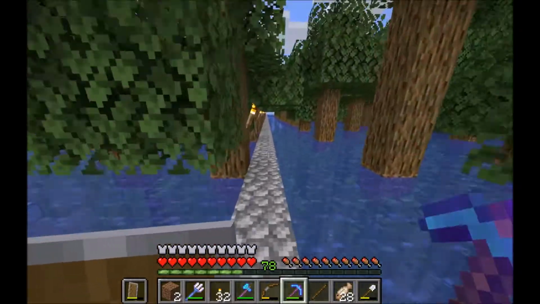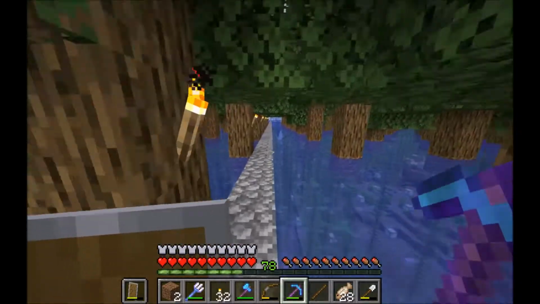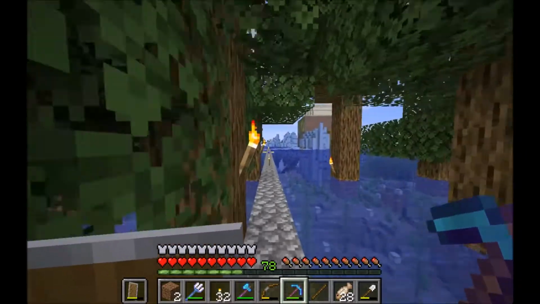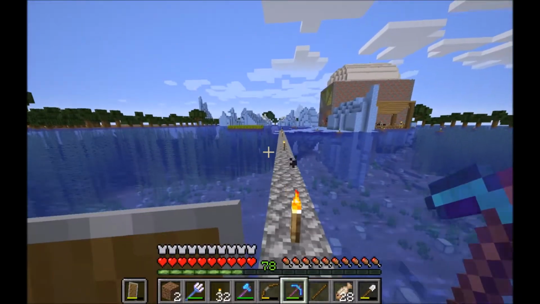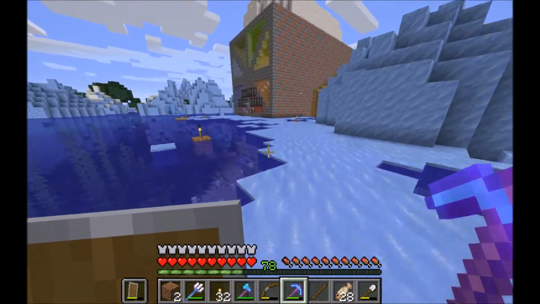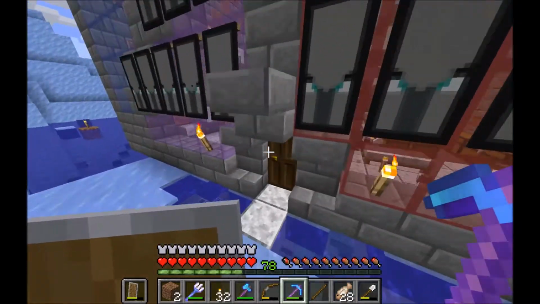So if we go over to my house, which is right over here, you're going to see that it's in the middle of a frozen ocean, and it's got kind of like a dome roof to it and a checkerboard pattern. There it is. And it's got like a mosaic rainbow glass there. So what happened with this was I was going about exploring the world, exploring all the new things that Minecraft added, and